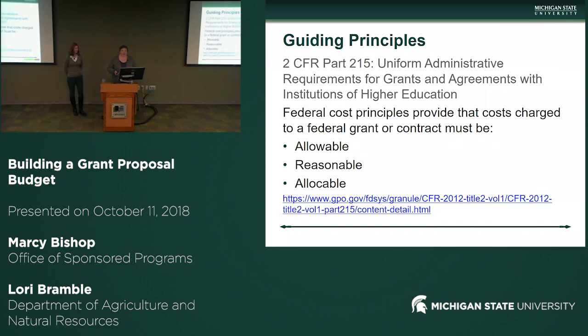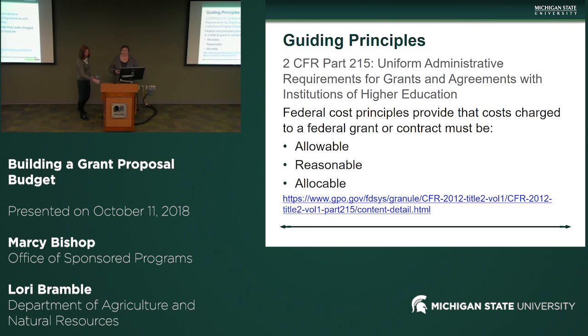Kind of our overarching principle, especially with federal grants, is what we call the uniform guidance, or 2 CFR Part 215. And it was funny, right before lunch we were talking about when exactly did this go into effect? We really started talking about it a lot about 3 years ago, and we think it went into effect right around January of 2016. And so if you've been around for a while and seeking funding, you've probably heard people talking about some of the changes in uniform guidance.